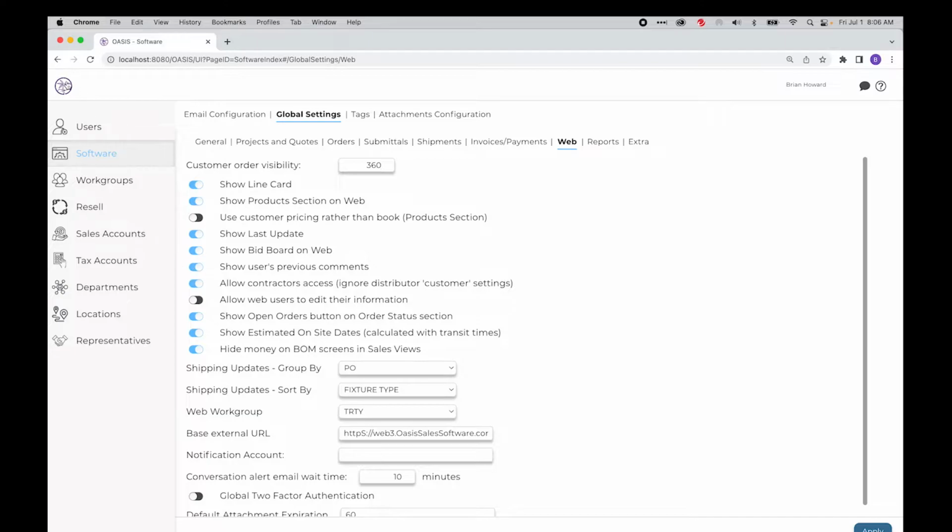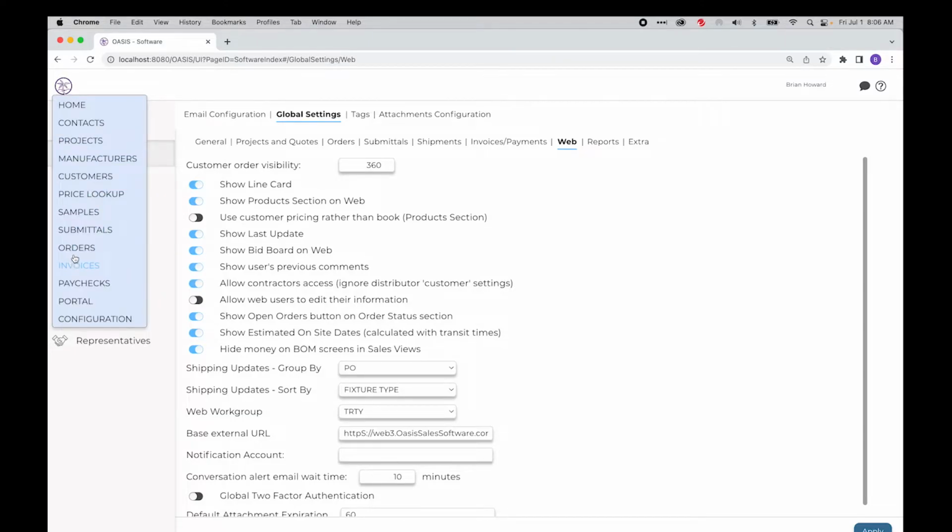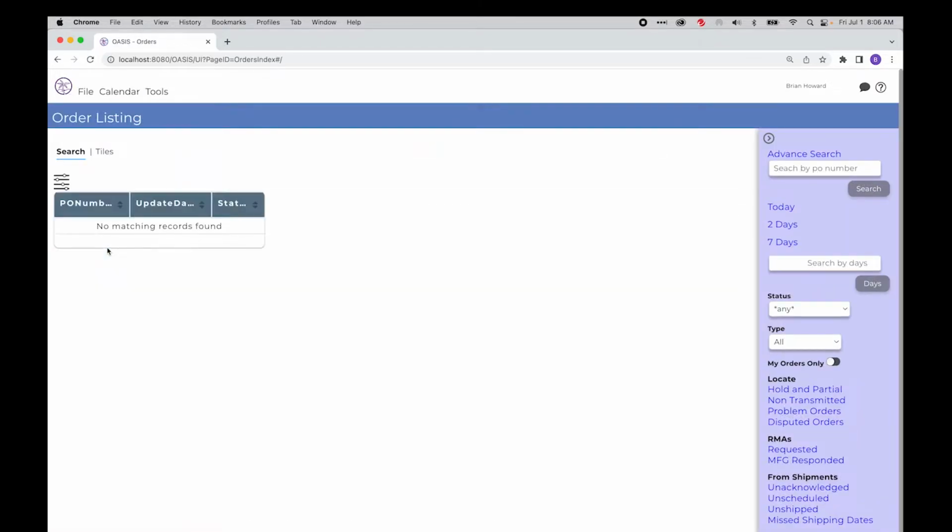The other required element on this is you really have to go in and do two things on your orders inside of Oasis. One is, and I won't show you an order here, but the main thing is you have to go through and apply shipping. So if you're doing that regularly, then we have a little bit of data we can actually start making decisions on. If you've never done shipments, then just start doing them. After a while, the system will start picking up on that data as it starts appearing there. So I recommend about 6 months at a bare minimum of shipping information in there before it'll actually start doing any